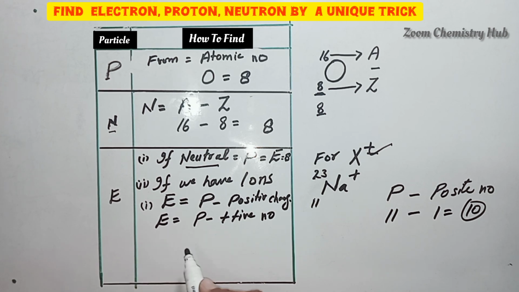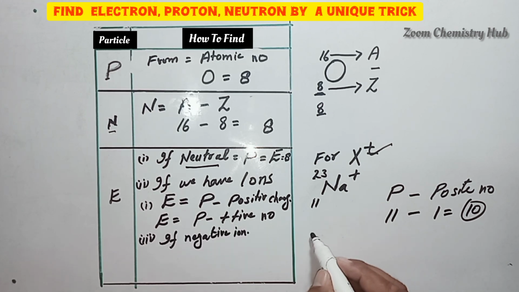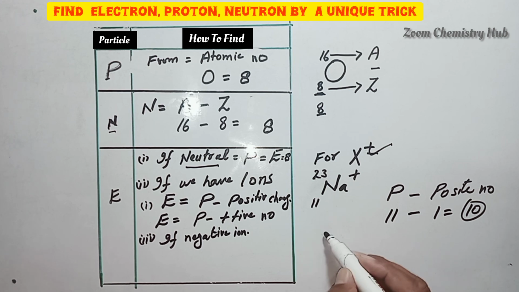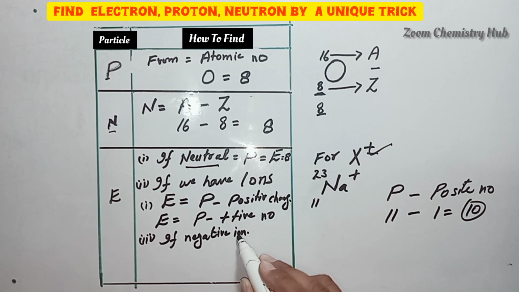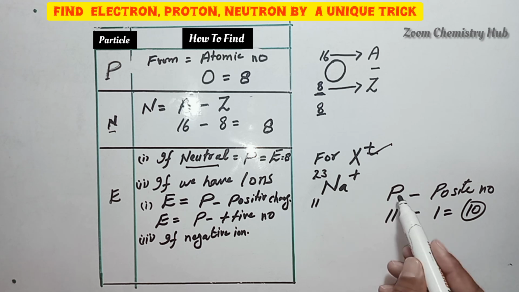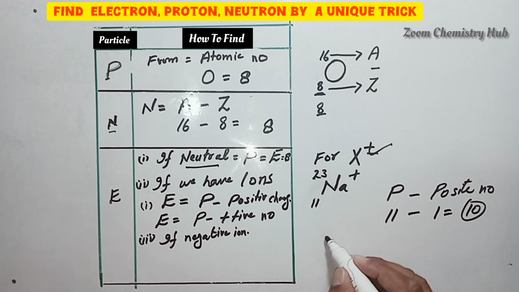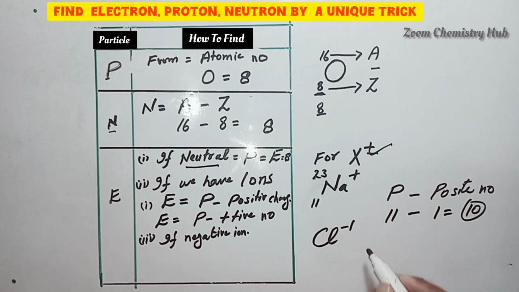And if we have a negative ion, then we add this negative charge to the number of proton. For example, we have chloride ion,